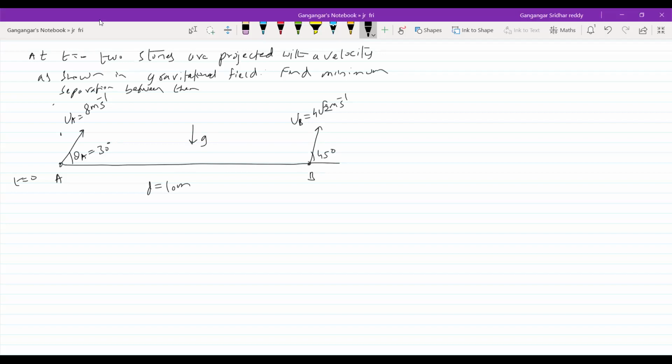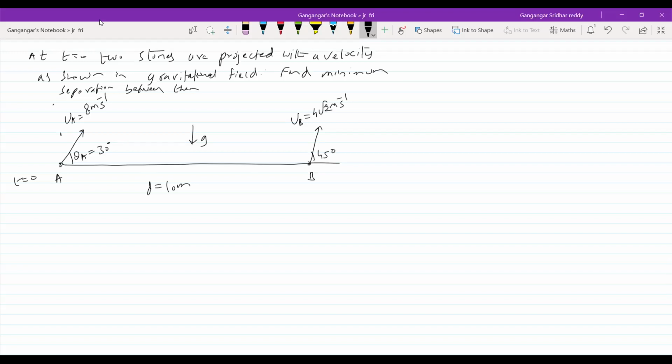Not from the ground. This need not be the ground. In a gravitational field, the particles are projected from some height, maybe from a certain height above the ground. You have a lot of information here: when the minimum separation occurs, what the trajectory is, everything we will analyze. So first, let's go directly to the mathematics. What we learned, we'll apply it. First, we'll get the time. After getting the time, we'll check how the trajectories of A and B will be.